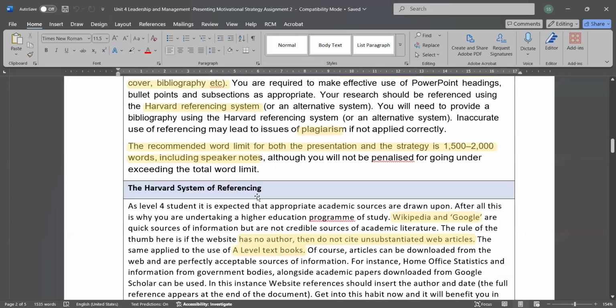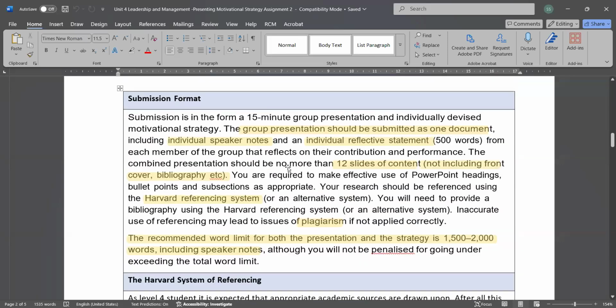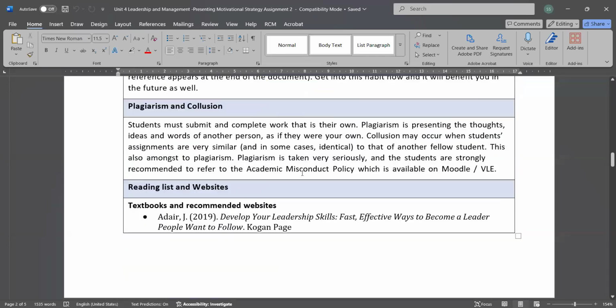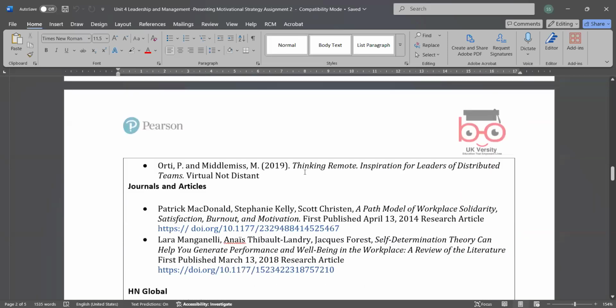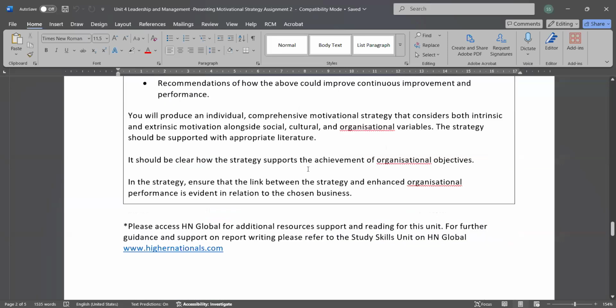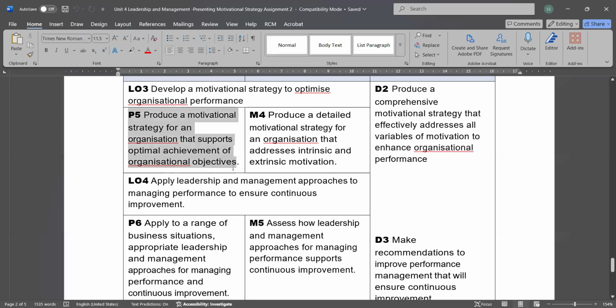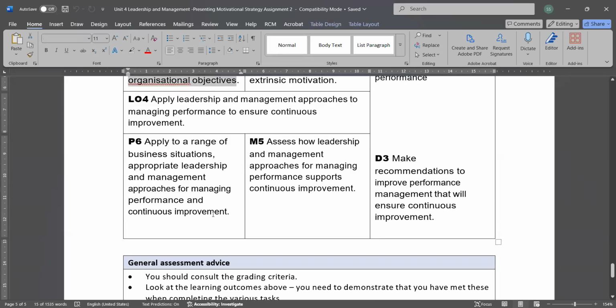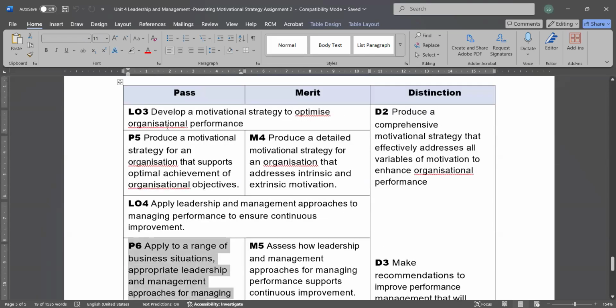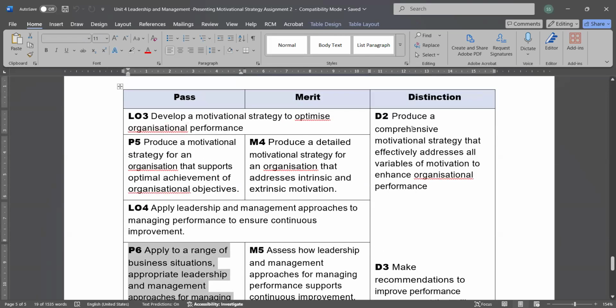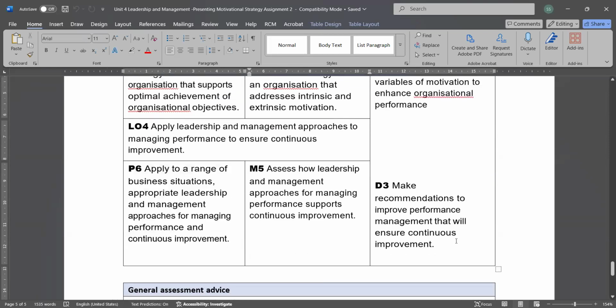For the rest, you have to read all these guides before submitting your document: the plagiarism policy and the submission format. And I suggest that when you finish your work, you make sure you have included everything against the criteria in your assignment. Whether you want to reach pass, merit, or distinction, read these grading criteria, compare your work against them, and ensure that everything is included before the final submission. So I'm stopping.